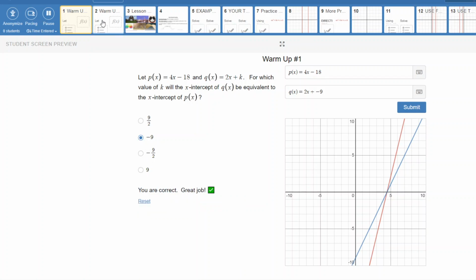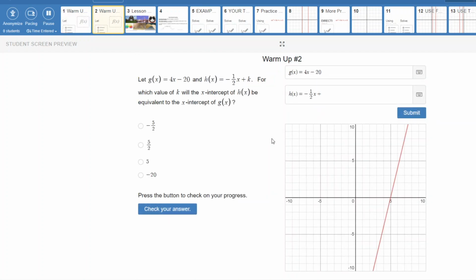And we'll get that. And then question 2 asks you to do a similar one, and you can type in each number. So plus negative 5 over 2 really is just subtract 5 over 2, so we should put that. You can see that clearly is not the same intercept, so let's get rid of that. Let's try plus positive 5 over 2. And you can see that that is correct,